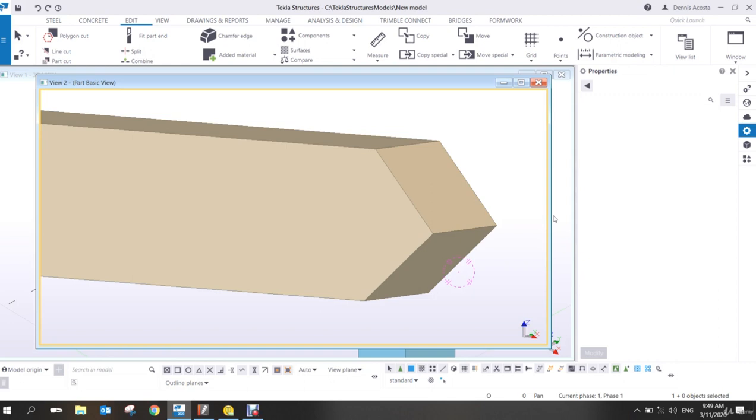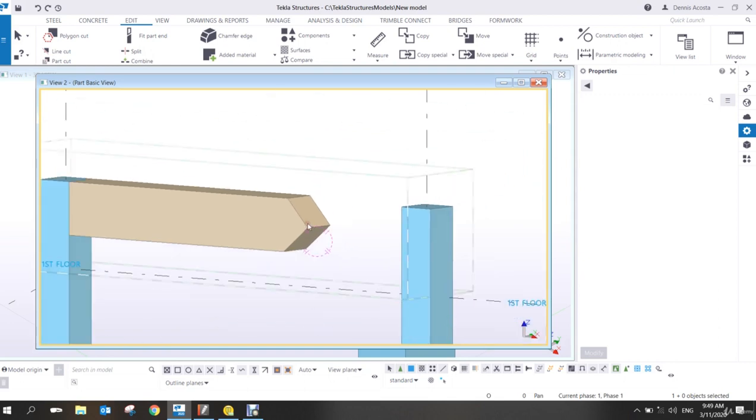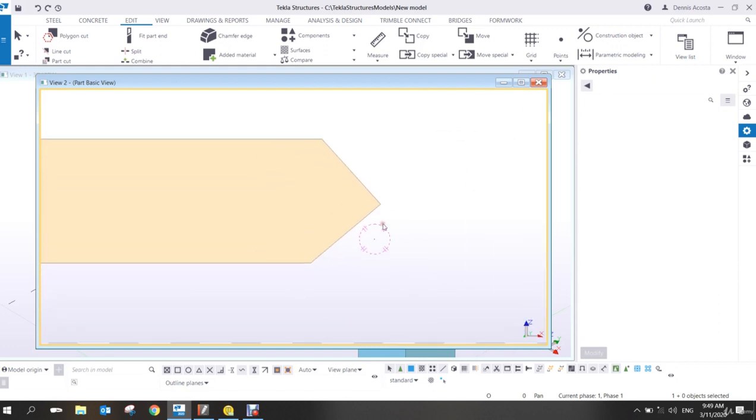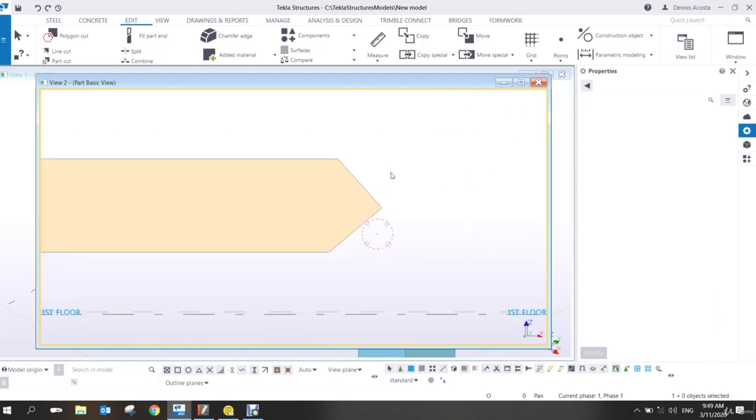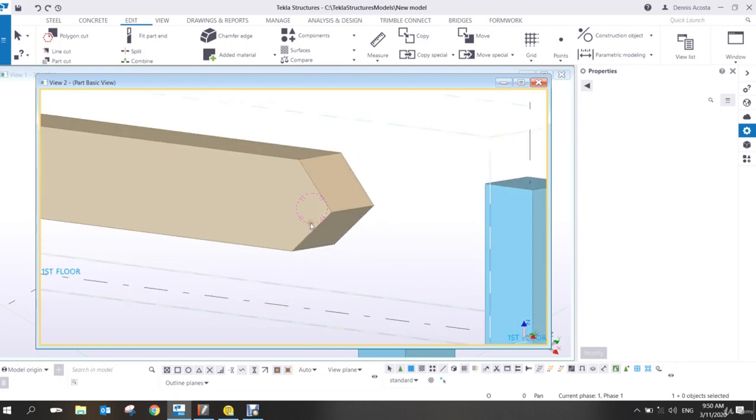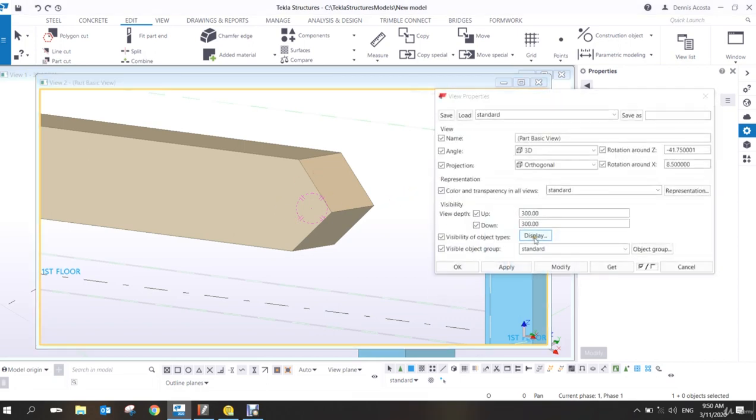Okay, so let's continue. If you look onto this beam, I already hid the cuts and fittings, right? But sometimes I want to remove these cuts. This is wrong, so I want to remove these cuts. Then suddenly, if you want to remove the cut, the cuts and fittings are gone because you removed that one on the display. So what you need to do is go back to the display, and then click this one